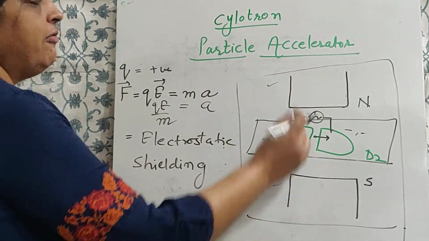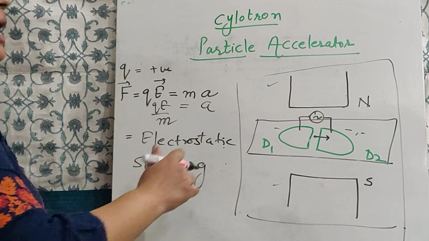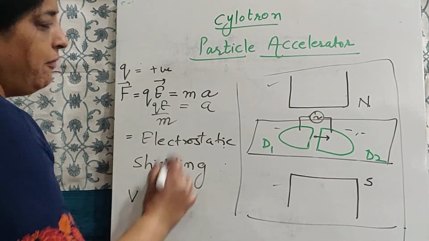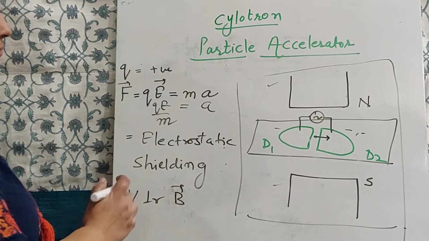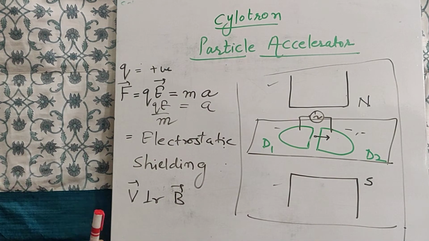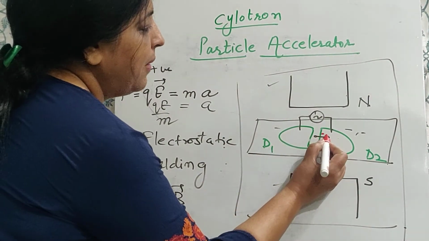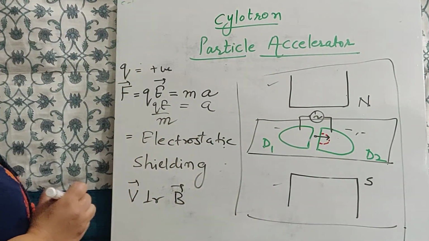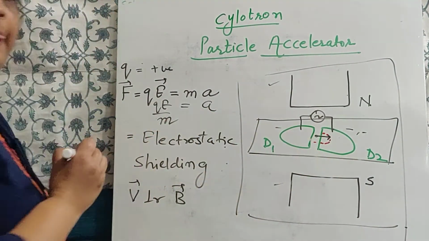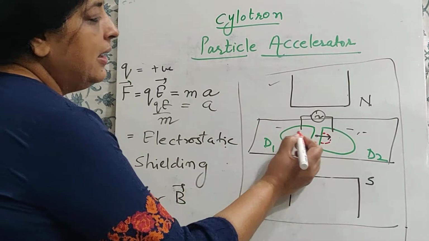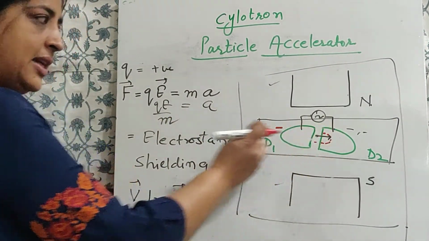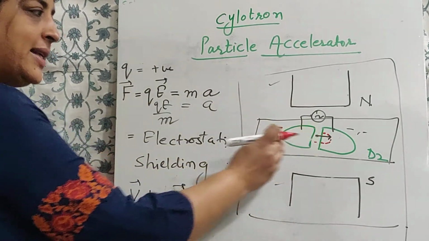Now this magnetic field will have its effect on it, and because the magnetic field is perpendicular to its velocity, we have already taken the case, this particle will move in a circular path inside. So it will move like this, in a circular path. Now when it moves in a circular path, it comes out here. As soon as it comes out here, at this time this D becomes negatively charged. This again attracts it with some force, so more acceleration.